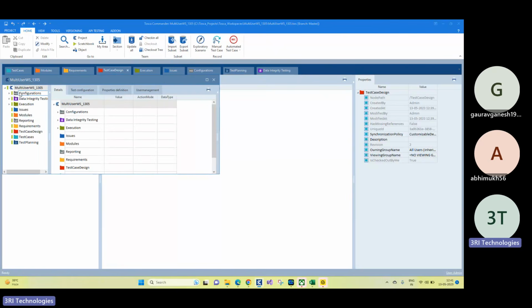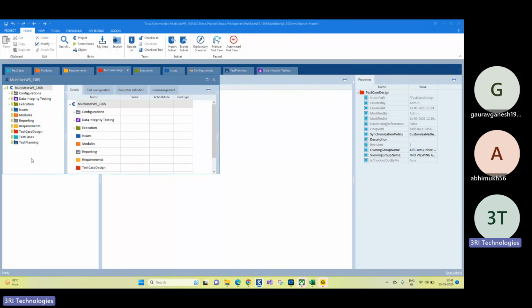What is the extra difference that you're seeing here? Anything different? Execution, model, requirement, test cases. In the tabs you are seeing no overall changes. You have this screen in front of you. Any changes you're seeing? Yeah, check-in, check-out is available. Absolutely, check-out. So you have this option because it's a multi-user workspace. We'll talk about it. And anything else you are seeing extra in a multi-user workspace?